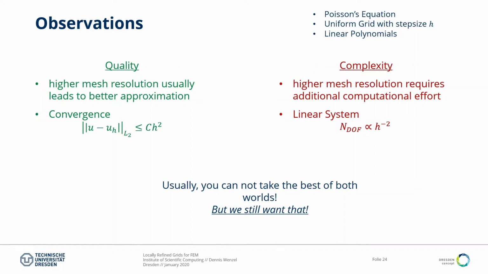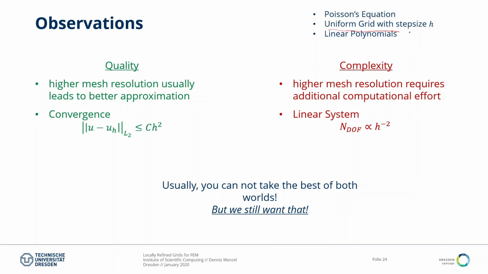We're adding information about the problem and use this to create locally refined grids that give us the quality of approximation because it's a fine grid where you need it